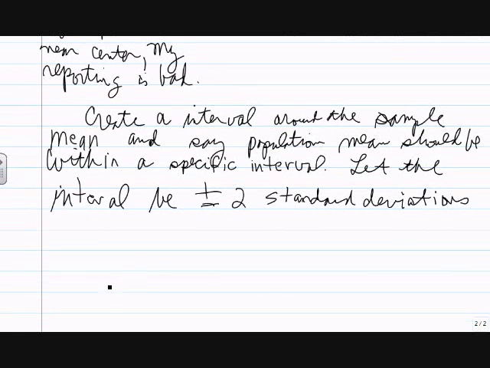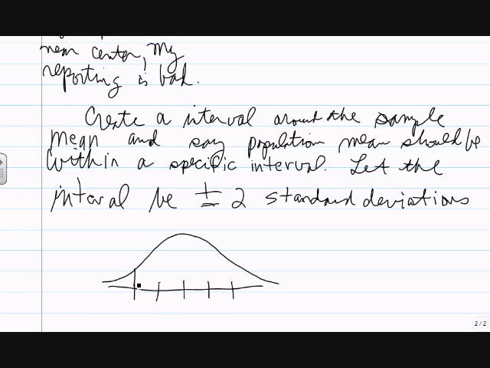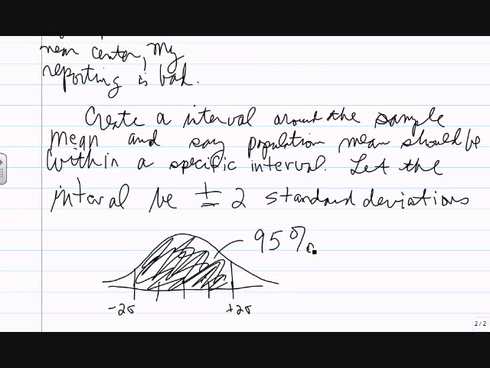If I think back to my normal distribution, I think my mean here, here's plus 1 standard deviation, here's plus 2 standard deviations, minus 1, minus 2 standard deviations. Do you remember what percentage of the area under the normal distribution is between minus 2 standard deviations from the mean and plus 2 standard deviations? So that's pretty good. That's the only part of the empirical rule I remember, is the 95. The rest of it,